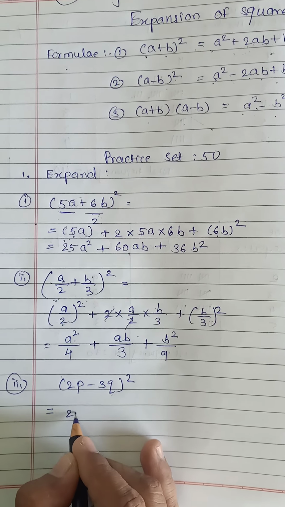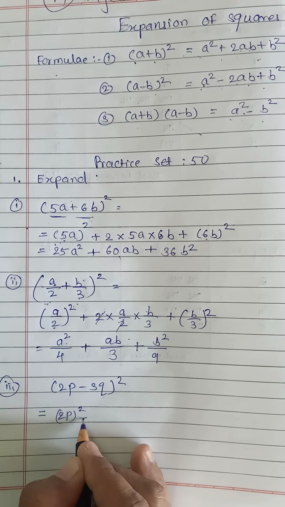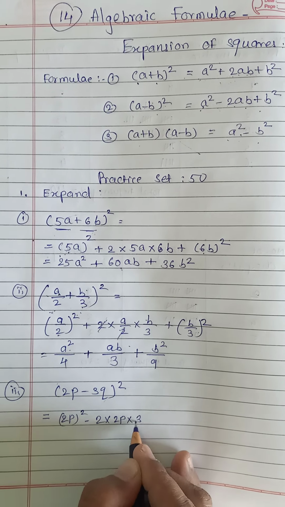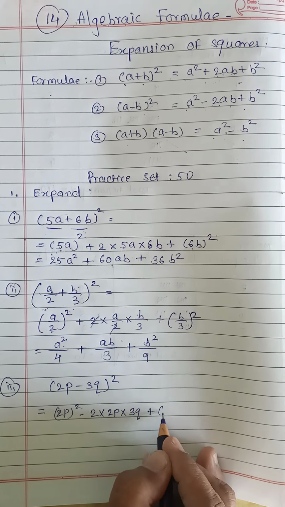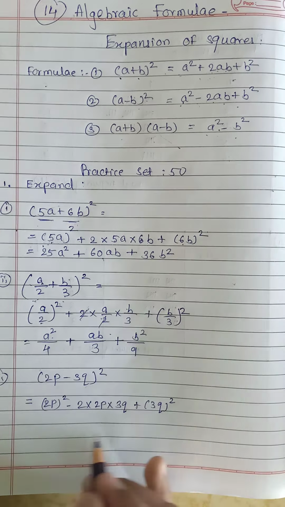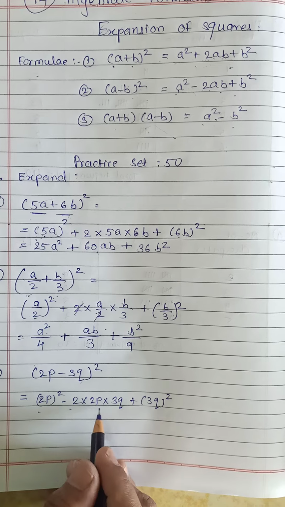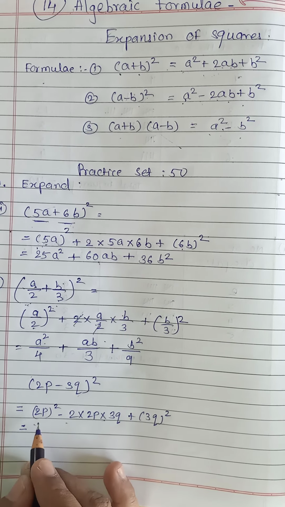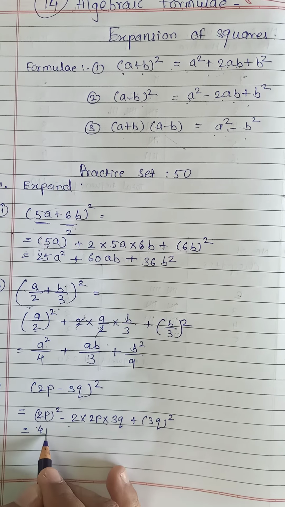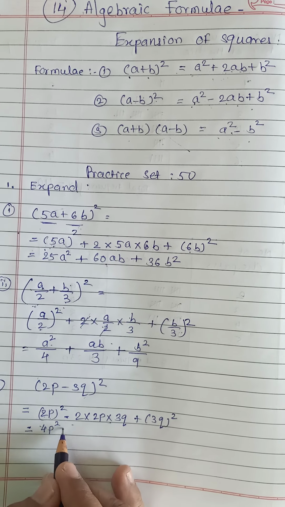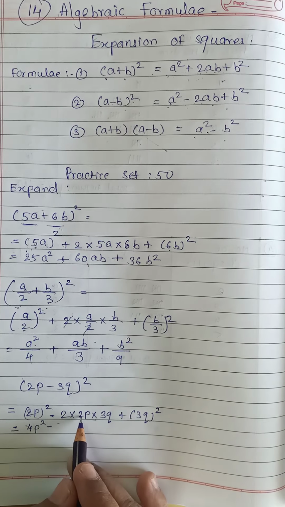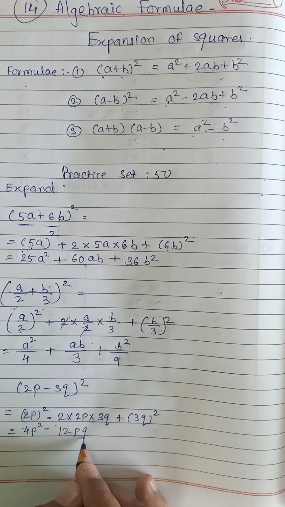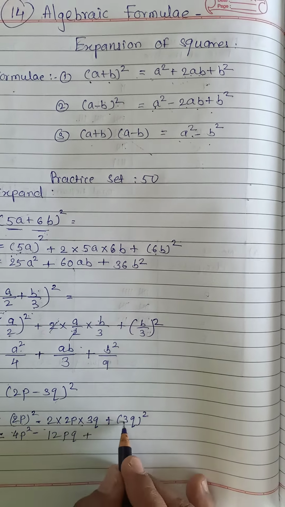So this is (2p) square minus 2 into 2p into 3q plus (3q) square. First term square minus 2 into first term into second term plus second term square. So (2p) square is 2 square is 4, p square is p square, minus sign, 2 2s are 4, 4 3s are 12, pq, plus (3q) square is